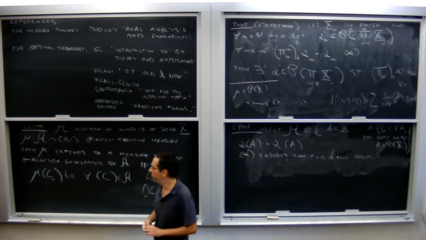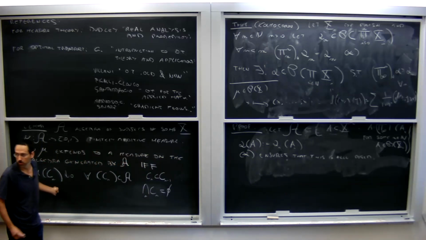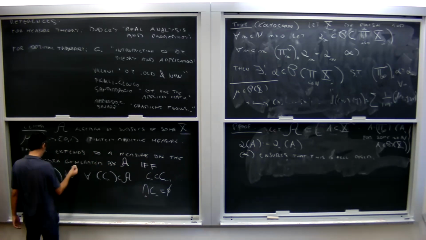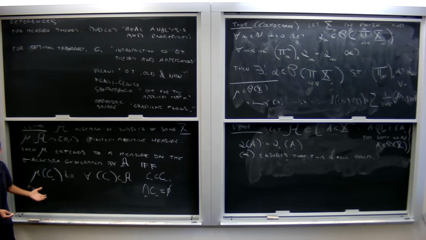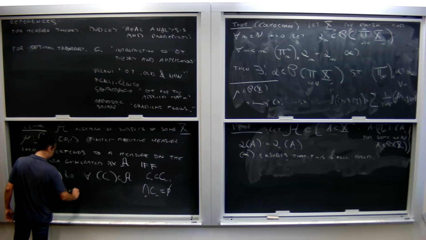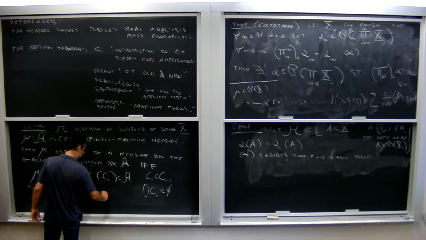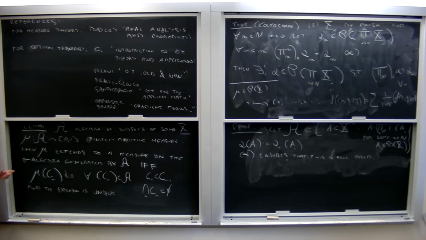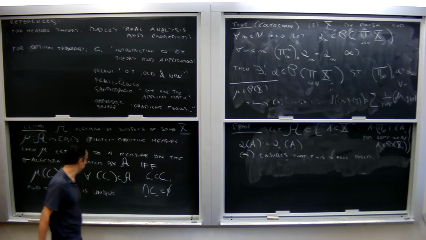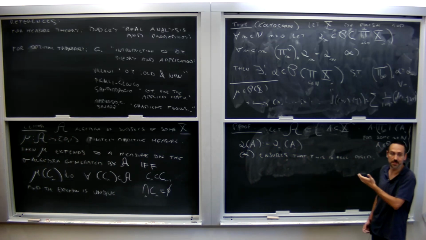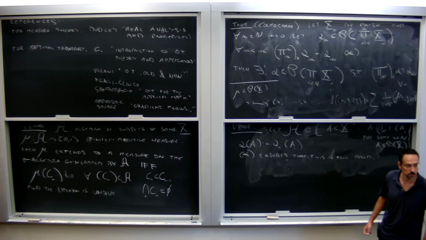So all I need to prove is that this is true. If I prove that this is true, it's clear that it extends here, and the extension is unique. For trivial reasons, the extension is unique, because any set in the sigma algebra you can approximate by these kinds of guys. So the hard part here is the existence of these measures, not the uniqueness.